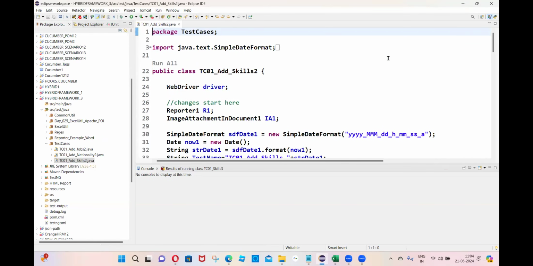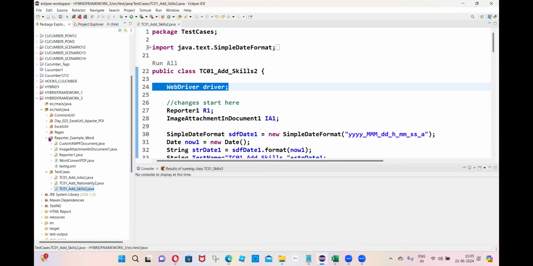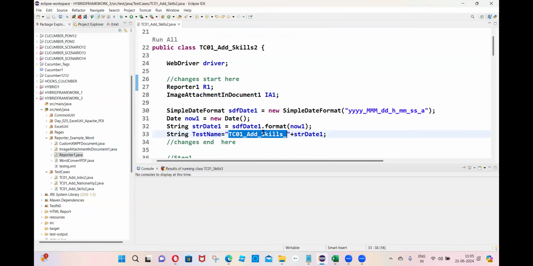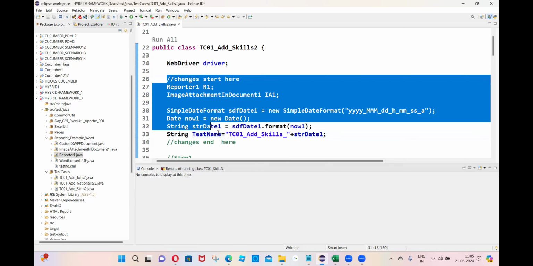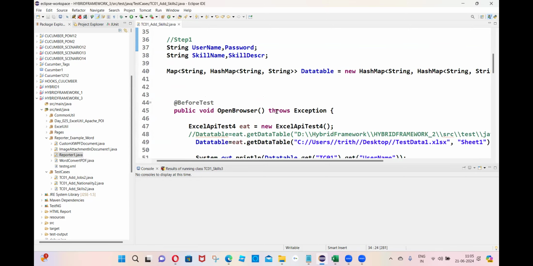So we discussed step one. Along with the WebDriver object, we imported the reporter class files, image attachment and reporter one. So these are the two objects we have created. And whatever name that we are giving, with that name a document will be created. So that is the declaration part I did in the first step. And coming to the second step,